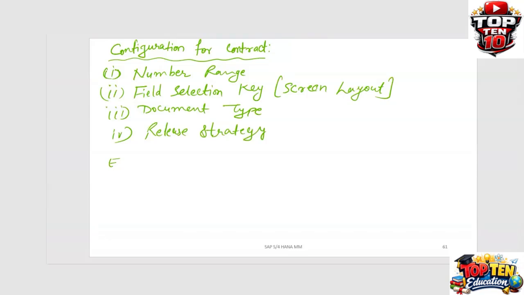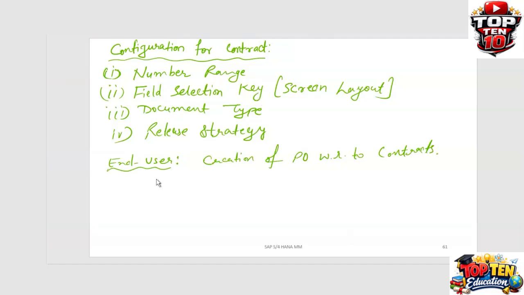And finally, as an end user, what can we do? We can do the testing, creation of purchase order, creation of PO with reference to contract. So first configuration, then end user testing.